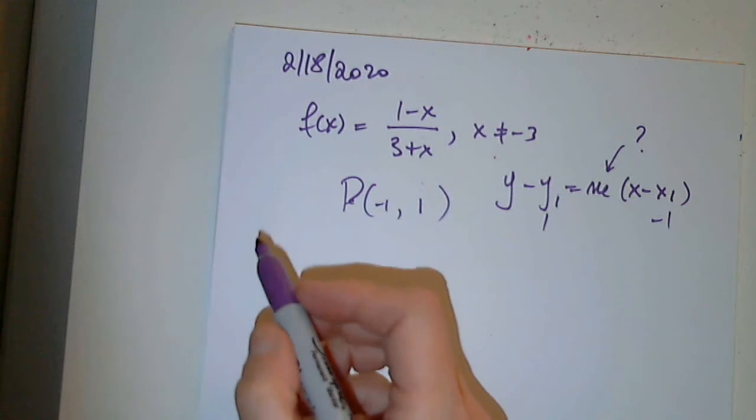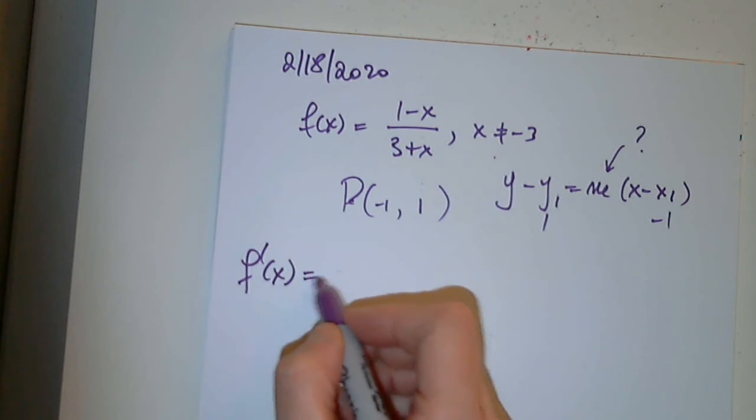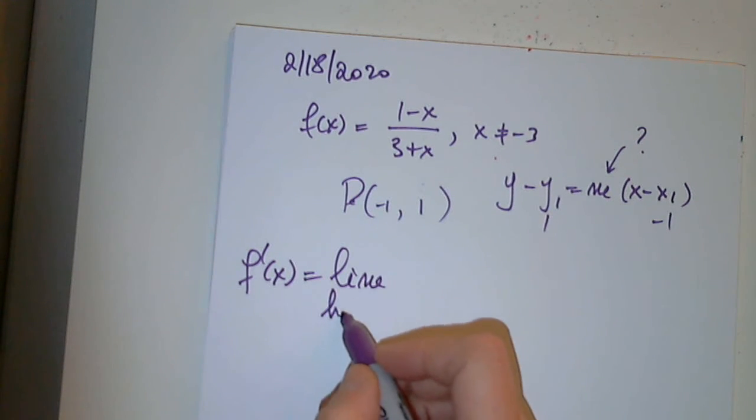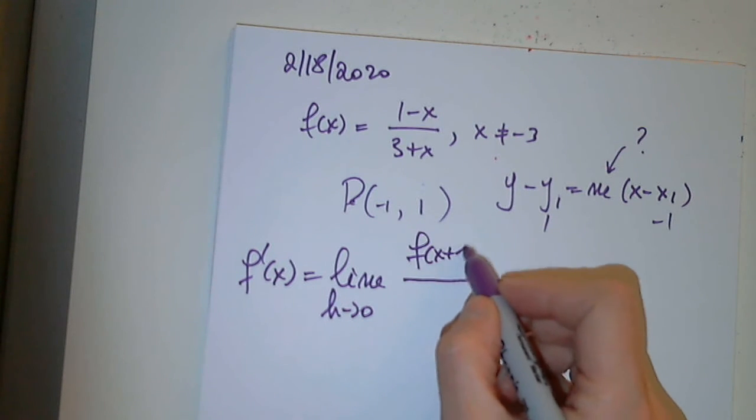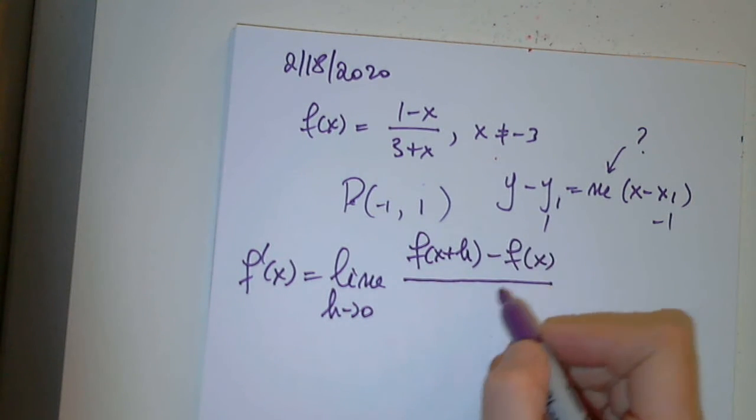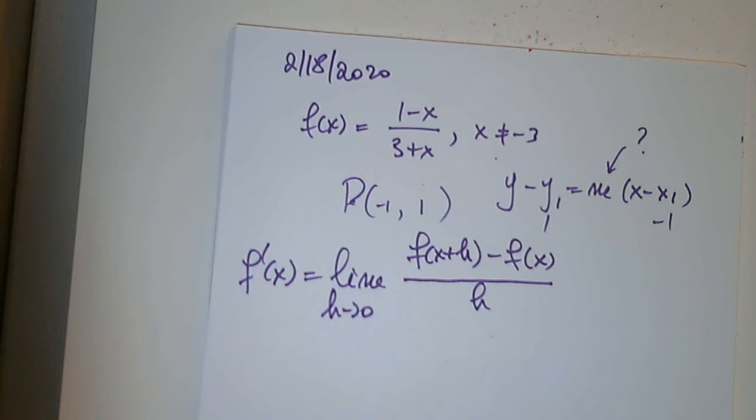There is only one definition for f prime of x, which is the limit as h approaches 0 of the difference quotient, f of x plus h minus f of x, divided by h. You could, if you wanted to,